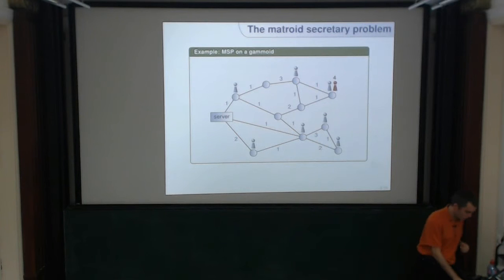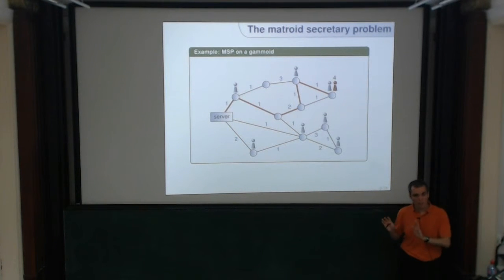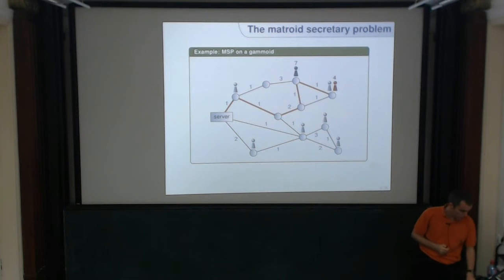And I can now accept or reject. Let's say I accept. So this means it has to be connectable somehow. It doesn't really matter how I connect the client for the time being. I have to be able to connect the client. Then maybe the next client appears with a weight of 7. I can connect that one as well. I do need to reroute the first one, but that's legal here.